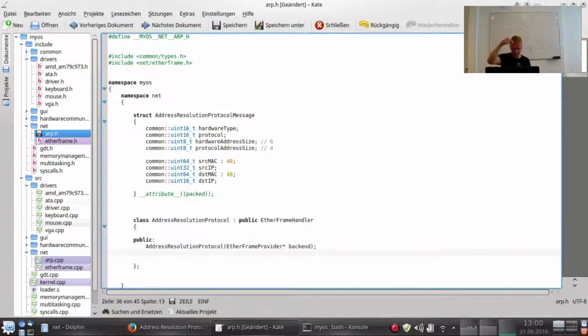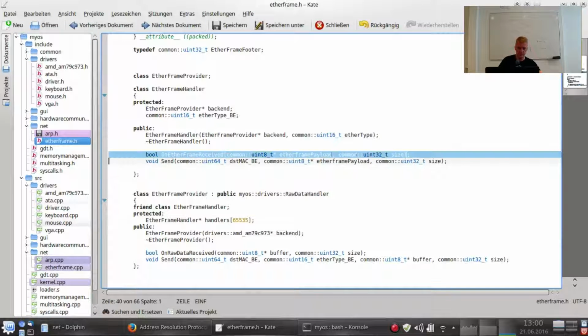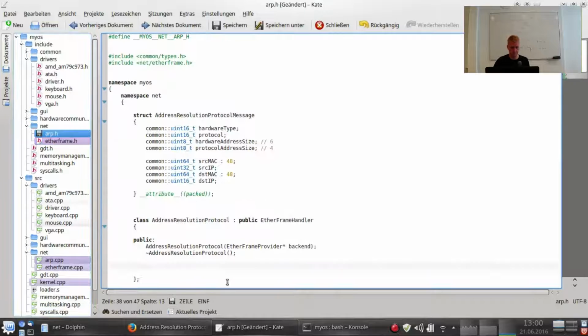Okay, this backend, we need to pass that to the constructor of EtherFrame handler. Now what we have to do is we have to override this on EtherFrame received. And I will also write something